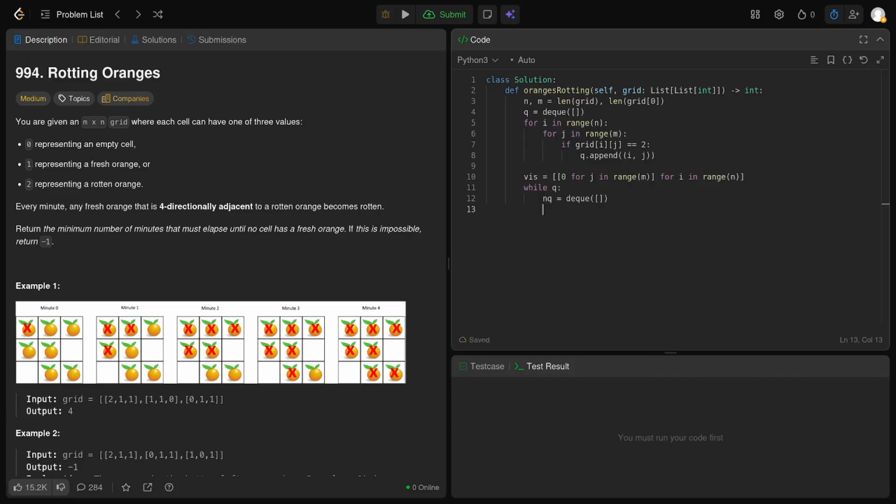And now, so this is the trick, iteration is this, and then for vertex in queue, not sure if we can do this, but whatever, for i, j or ci, cj, and then for di, dj in